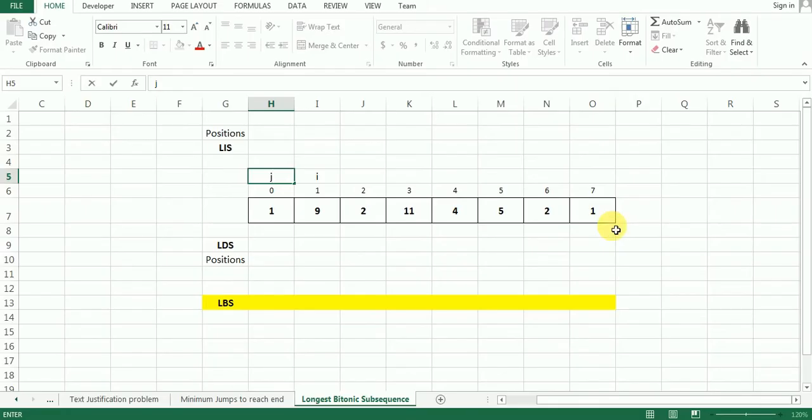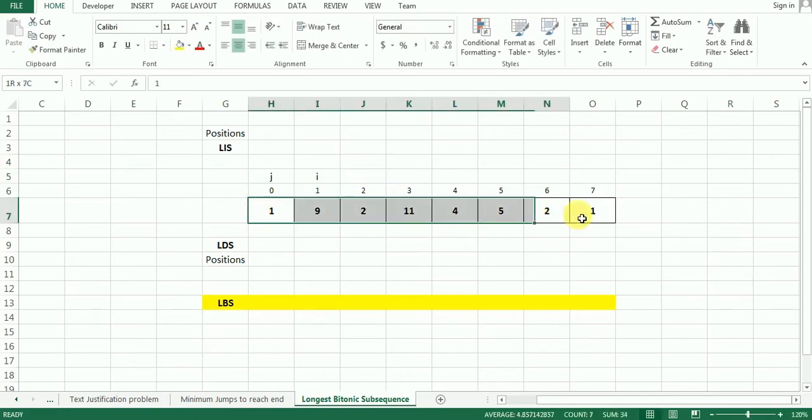Alright, here we are at our framework. So this is our array of integers. Okay, these are the indexes of the corresponding cells. Now the trick to find the longest Pythonic subsequence is, we need to find the longest increasing subsequence from left to right and the longest increasing subsequence from right to left.